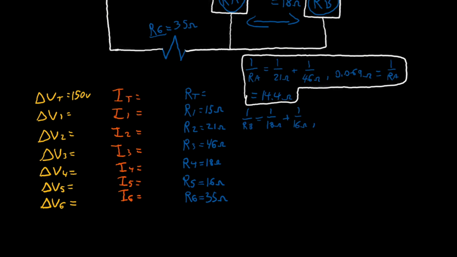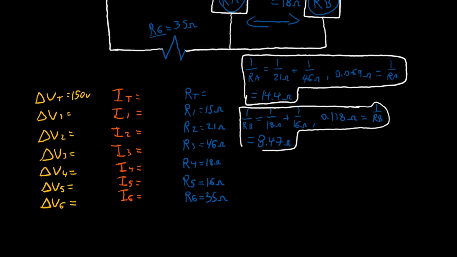Now for RB, 1 over RB equals 1 over 18 plus 1 over 16. We should get 0.118 ohms equals 1 over RB. And then doing the reciprocal, we should get 8.47 ohms. And now since RA and RB are parallel with each other, 1 over RC equals 1 over 14.4 ohms, which is RA, plus 1 over 8.47 ohms, which is RB. This should give us about 0.1875 ohms, which equals 1 over RC, and then we can do the